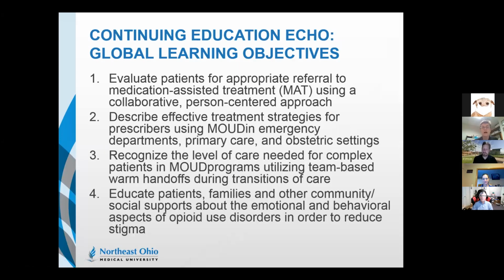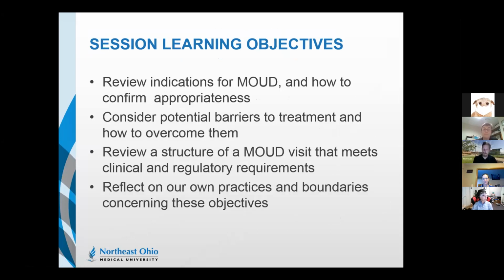Okay, so our general objectives and specific objectives for today are to review indications for medication for opioid use disorder, confirm appropriateness of the patients, consider potential barriers or stumbling blocks to treatment and how to overcome them, and then to review one structure of a visit that would meet clinical and regulatory requirements, think about how you'd adapt that in your own practice, and then to reflect a little bit on our own practices and boundaries concerning the objectives